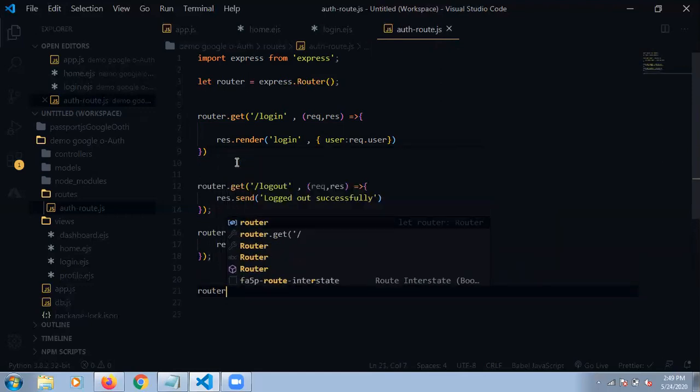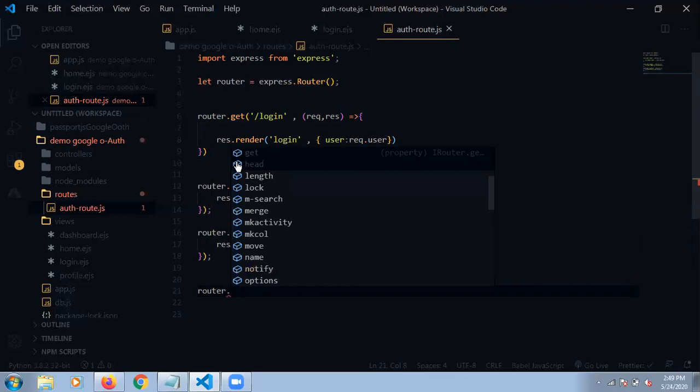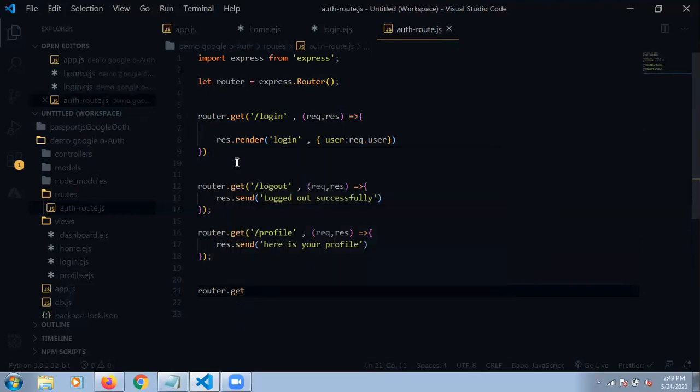And one more router.get, and one more route is there, that is /google/redirect, which we are going to use later to connect our authentication.